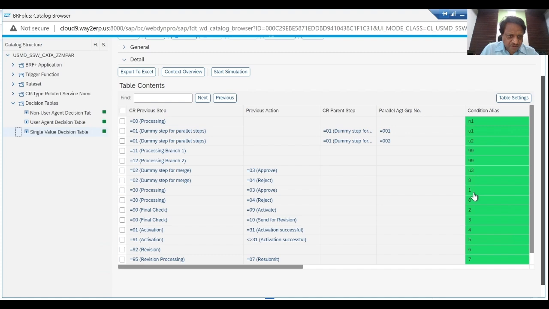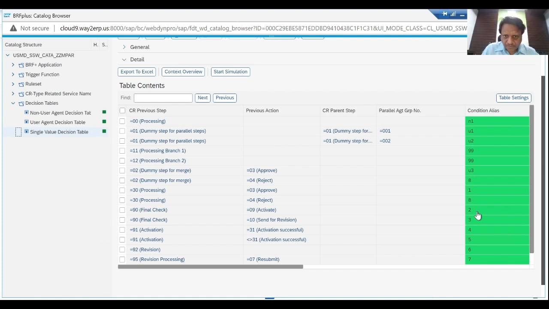So 1, then the step number one is the revision step, and the other one is the activation step. So activation step, how many? Activation would be step number 2,